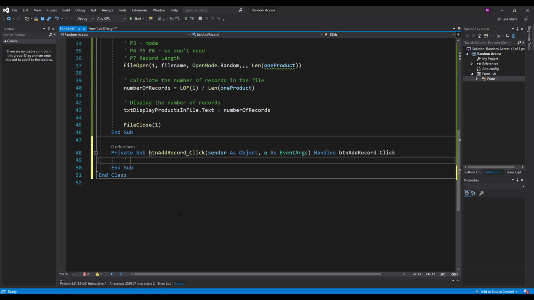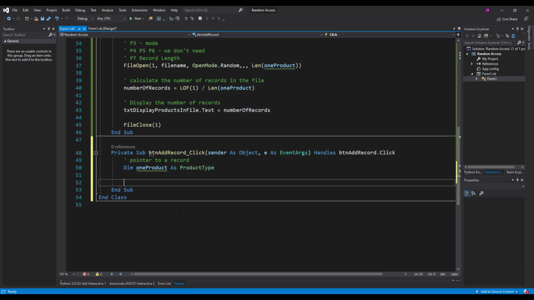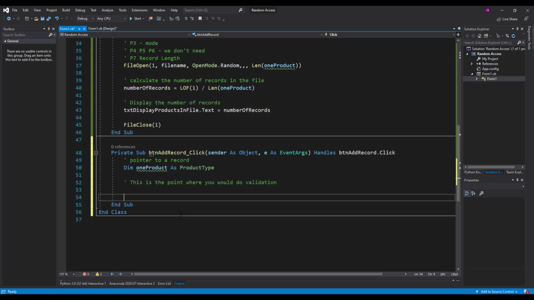So the first thing I need to do is again create a pointer to the record. And I'll say dim oneProduct as ProductType. After this is the point where you would do any validation that you wanted to on those 5 boxes. And if all of the boxes are valid, so you might do presence checks, length checks, format checks, etc. If they're all valid, then you would populate